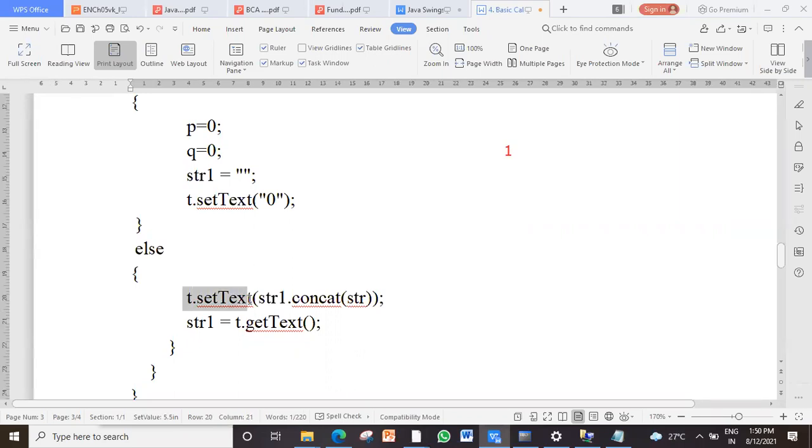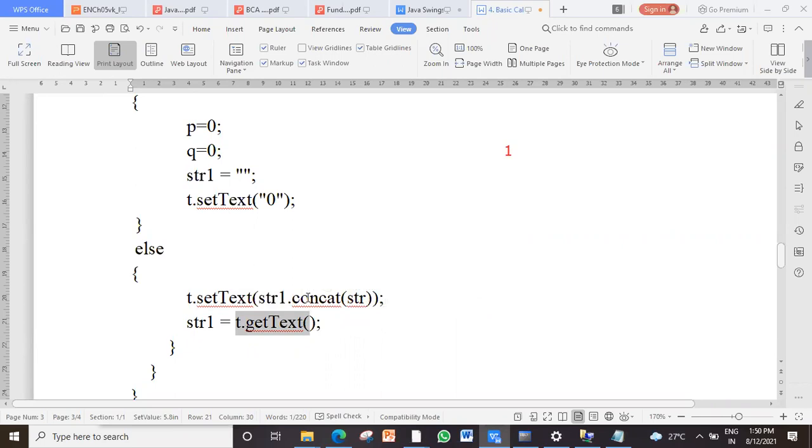In that else part, whenever the user clicks on a number, what is going to happen? It will take the content of str1. str1 normally stores the contents of the text field, and it will concatenate with the new content. Clear with that? And that new content will be set into the text field.